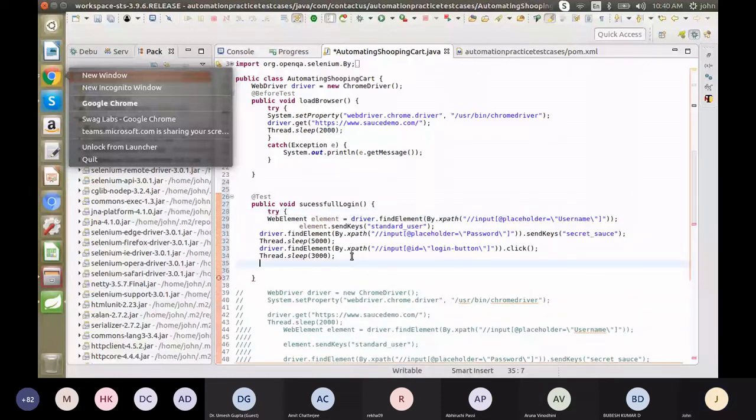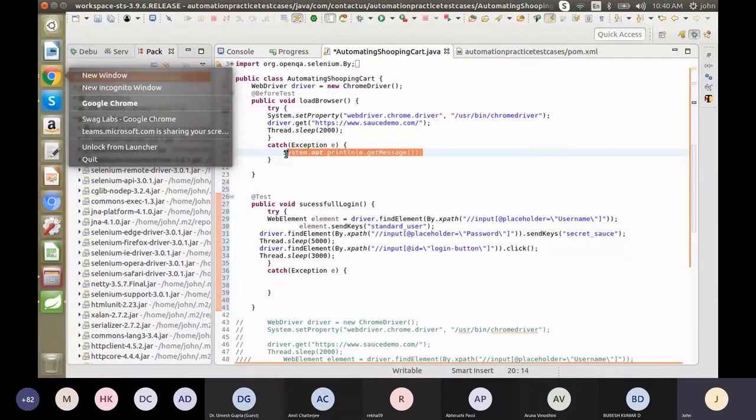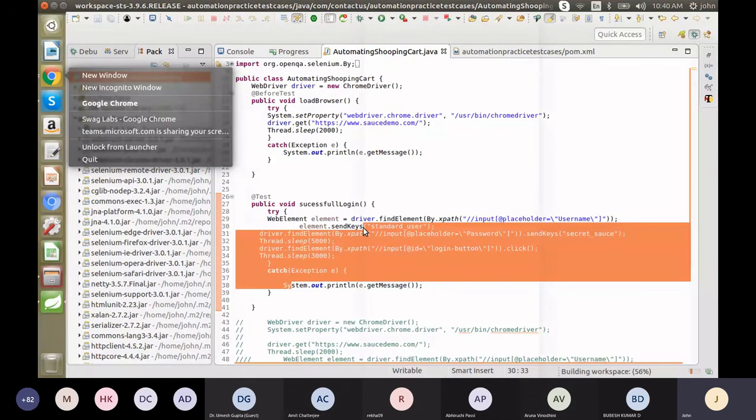Same thing, we can copy it from here. Copy the error messages and paste it here. Now the test scenario is done.